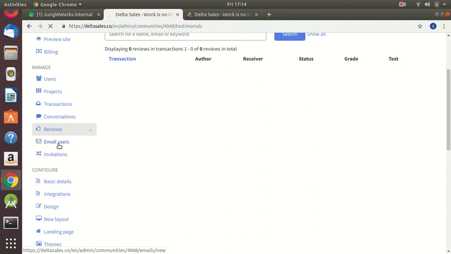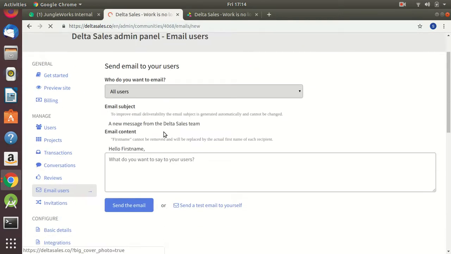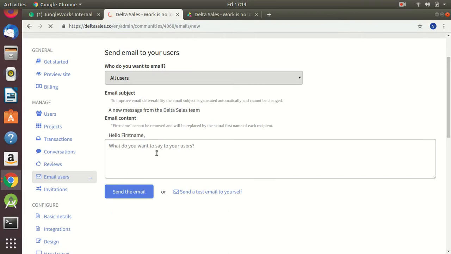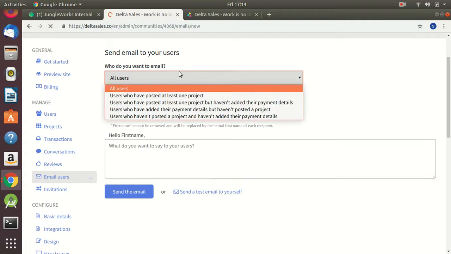Next option is email users. If admin wants to send a bulk email to all the users registered on the platform, he can do that by selecting all users.